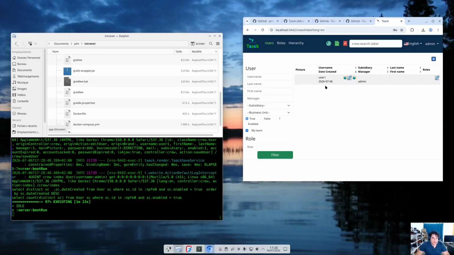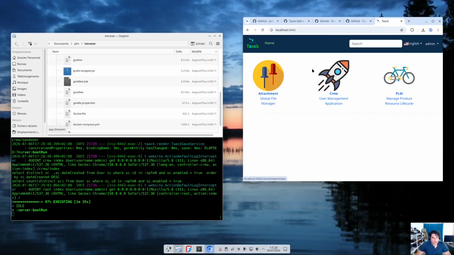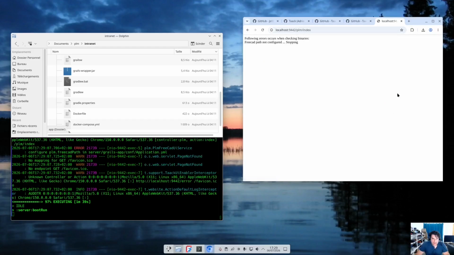So I have user 1 in my team, and I can add roles to this user for the PLM application and so on. Okay, but the application is another story. The PLM application is not working now because it doesn't know where to find FreeCAD. In fact, in the PLM folder,